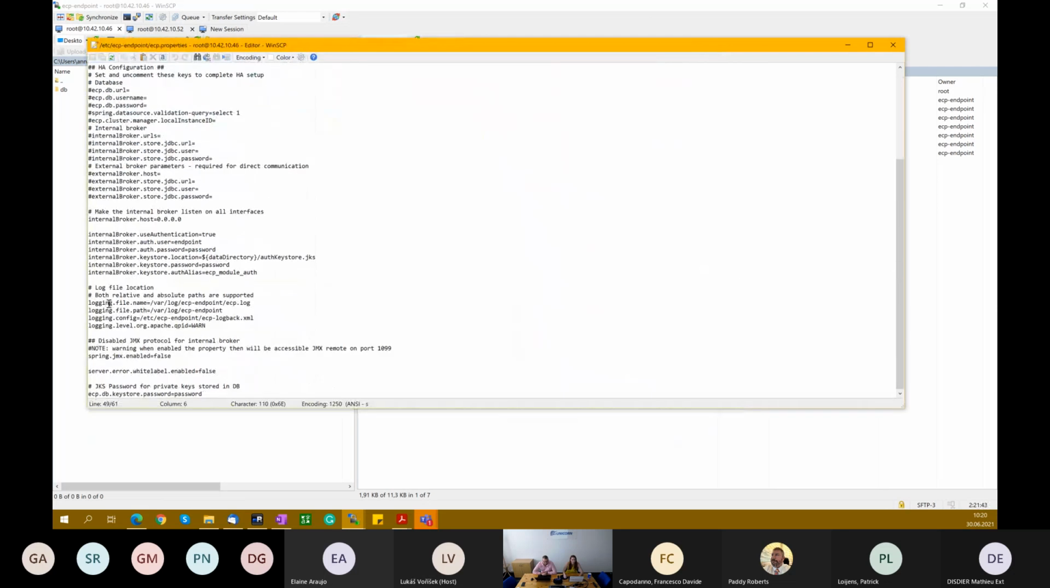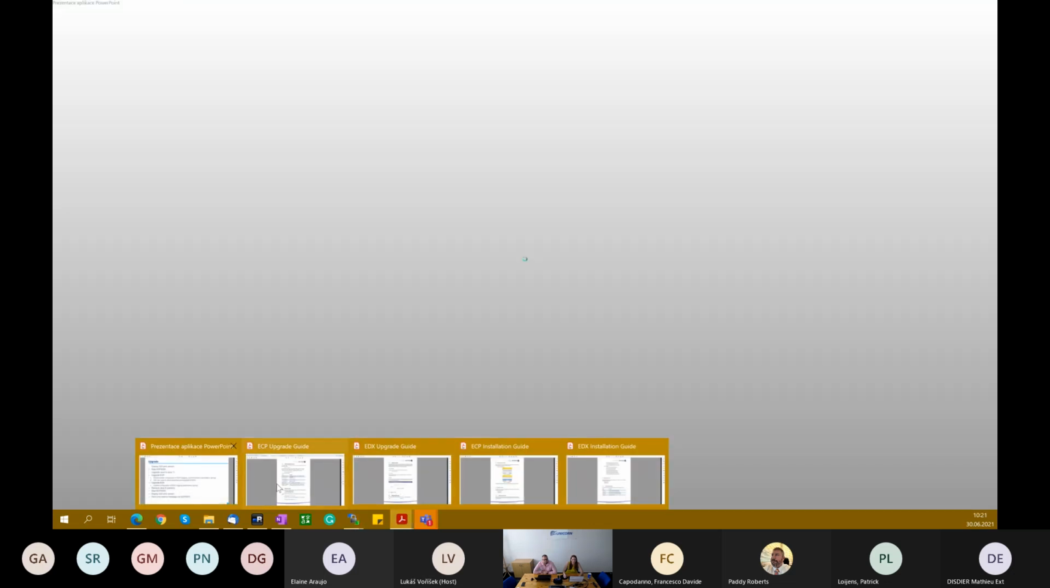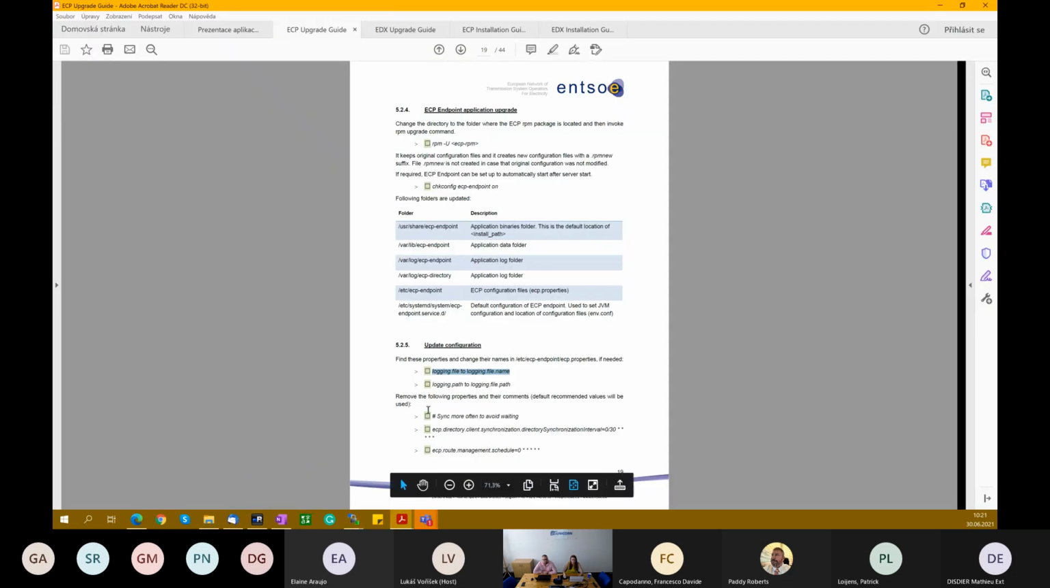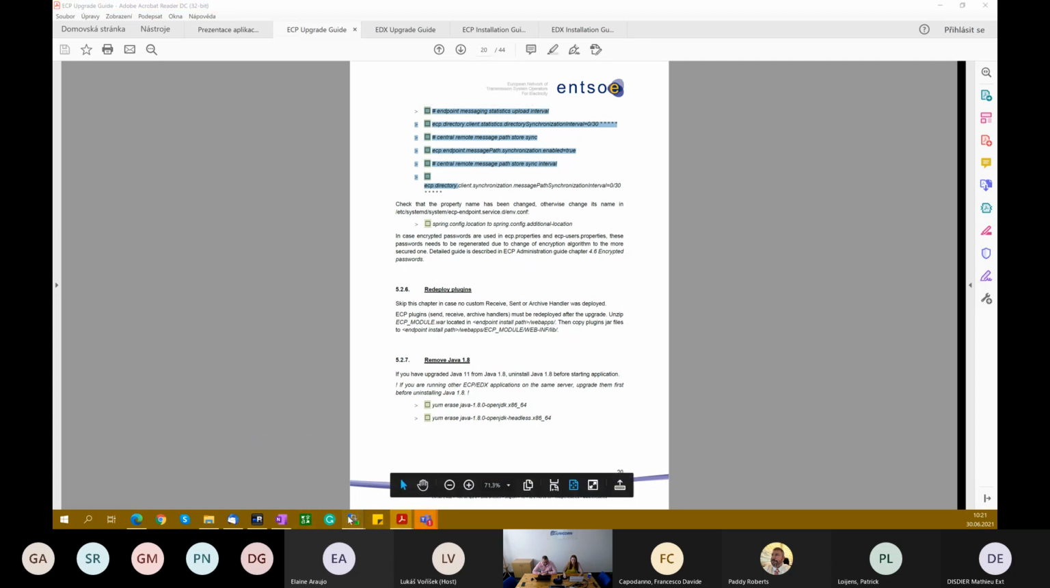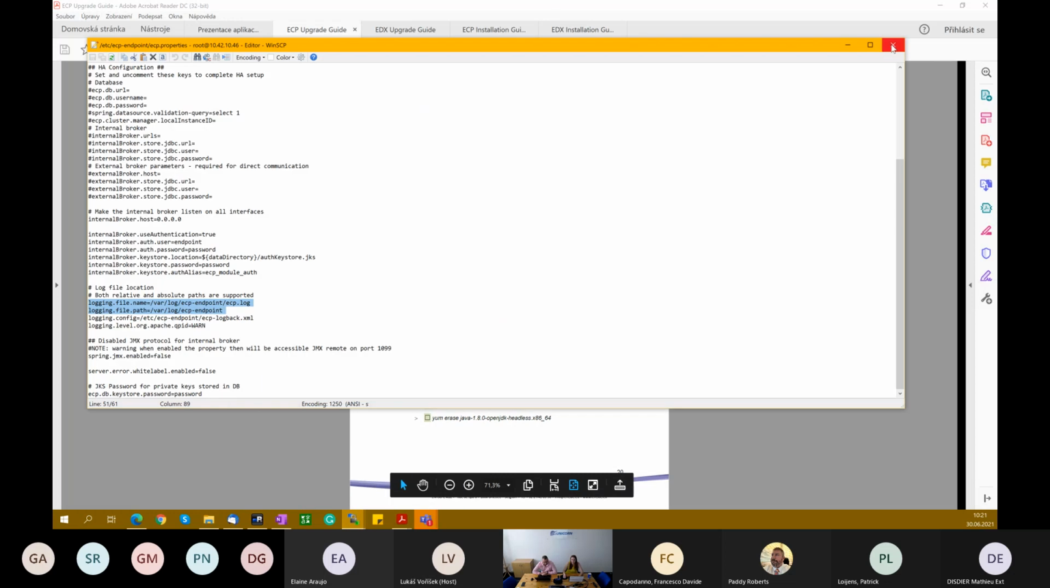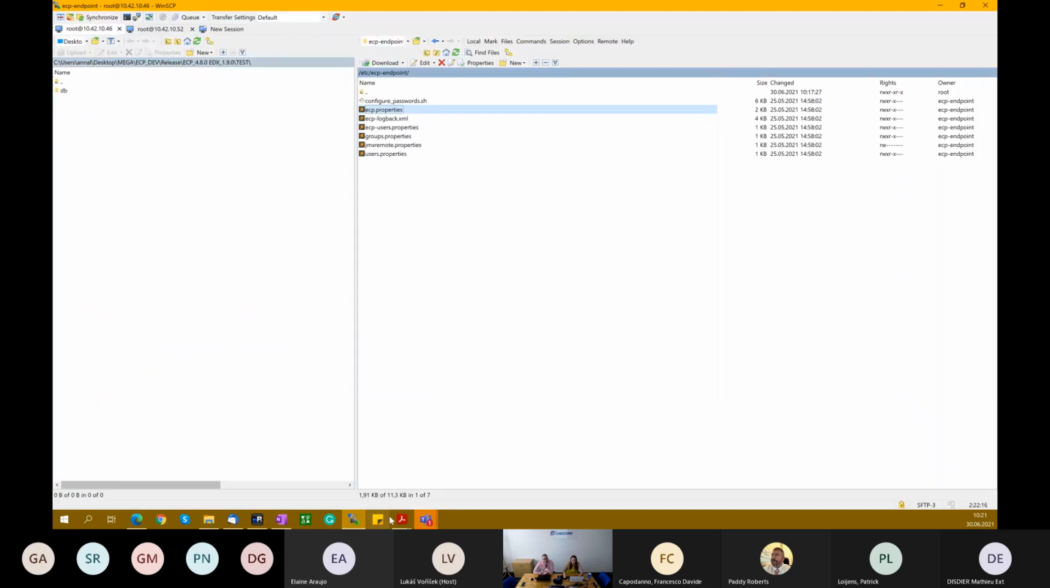So we can see that the two parameters are already changed to logging.file.name and logging.file.path, and also these synchronization parameters are removed, which has to be done. So we won't change anything in this configuration file, and we will move to the next one,